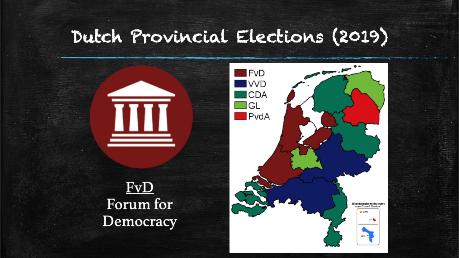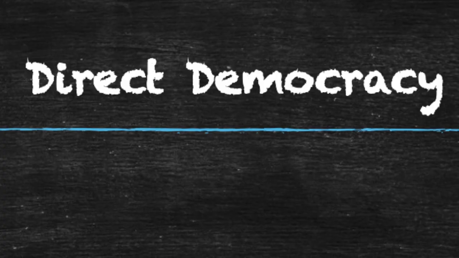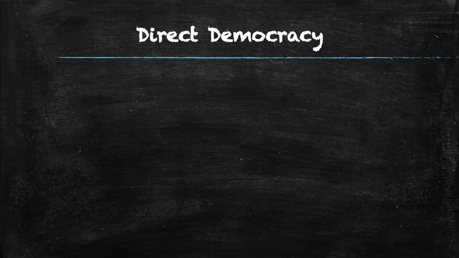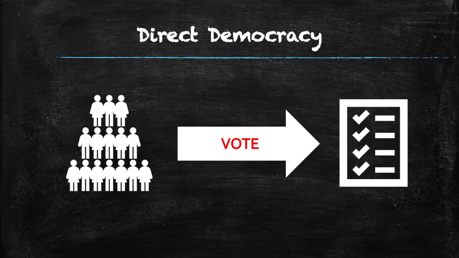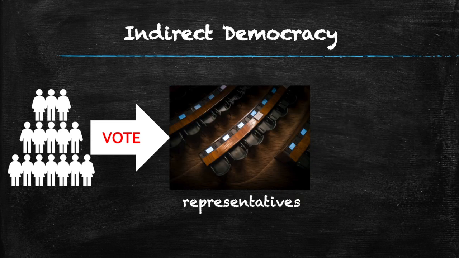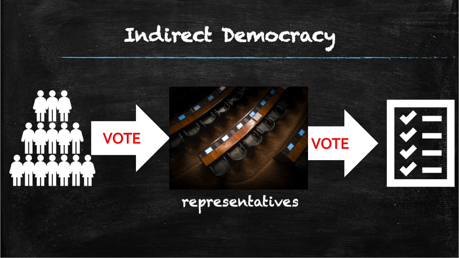As the name implies, much of this party's platform aims at making changes to Dutch democracy, specifically by institutionalizing more direct democracy. So what is direct democracy? In a direct democracy, citizens vote on proposals for laws and policies, so they have the power to directly impact the issues and decision-making. This is different from what usually happens in most modern indirect democracies, where the citizens elect officials who pledge to represent their interest. These officials then vote on the laws and determine policy, so the citizens' impact on the issues is indirect.